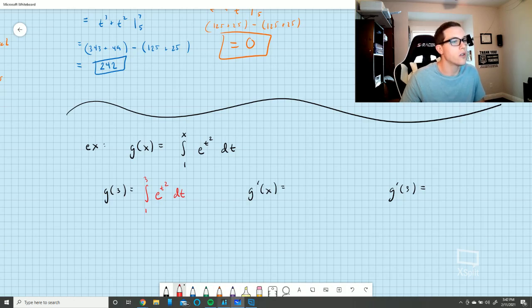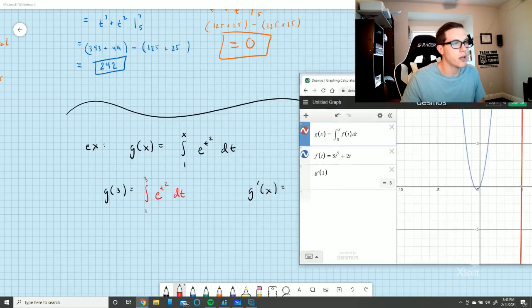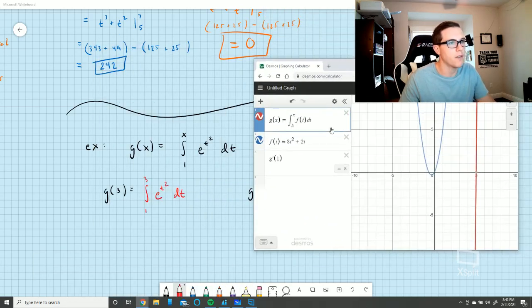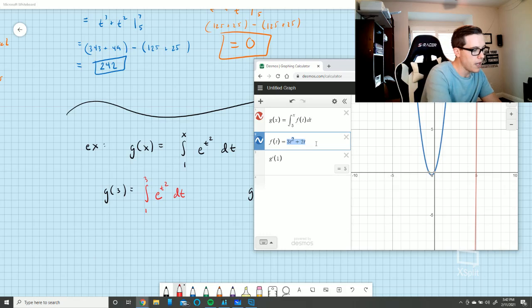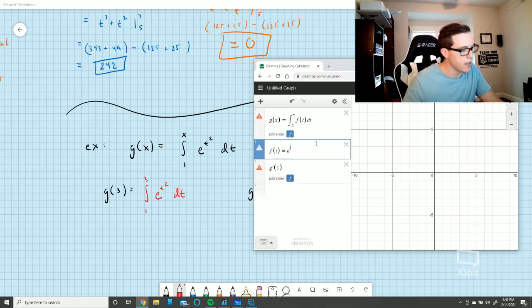So in other words, why is it important to be able to talk about a function this way? Because if I want to talk about the antiderivative function of e to the x squared,